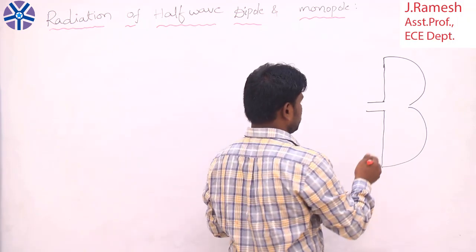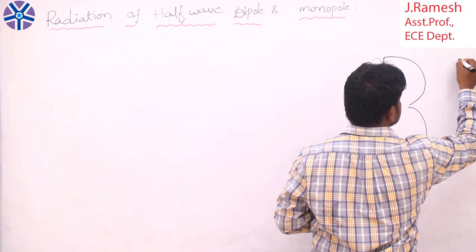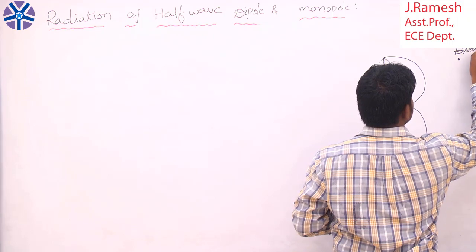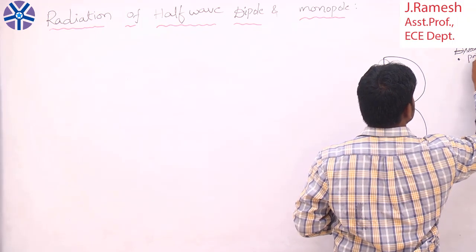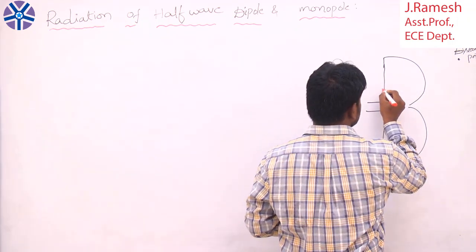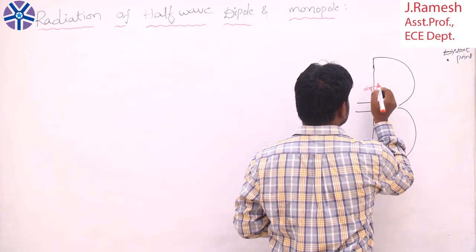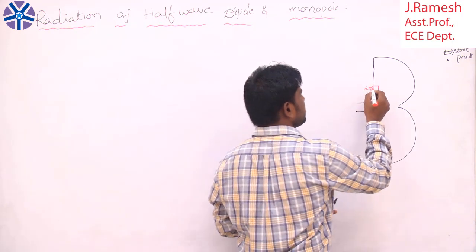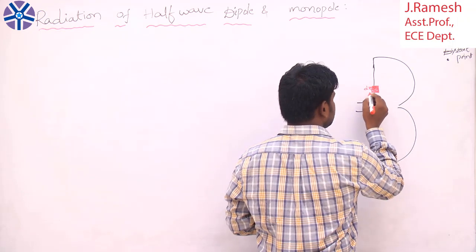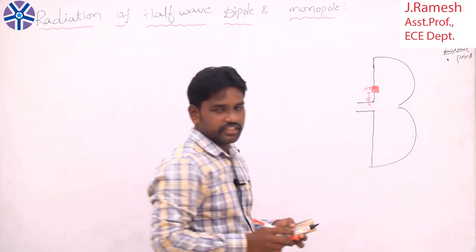Here there is a distinct point existing. Now if you observe, I am taking one small element, that is dz. The small element I just named dz. So this is at a distance of simply z. The distance from here to the center, I can simply name as z.